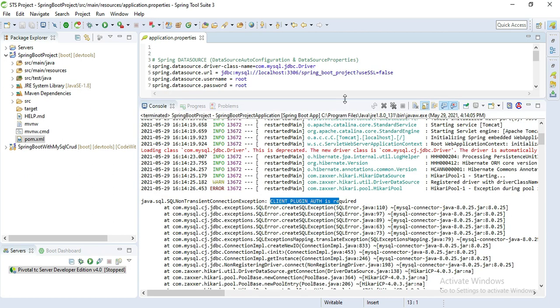Let's save and run this application. When I run the application, we suddenly got an error: client plugin auth is required. Why is this error coming? I'll show you.